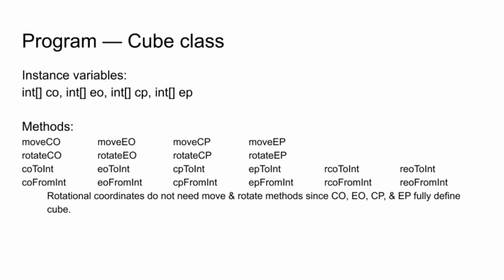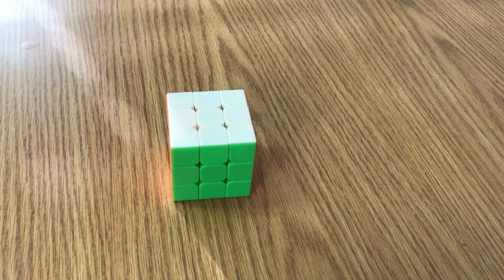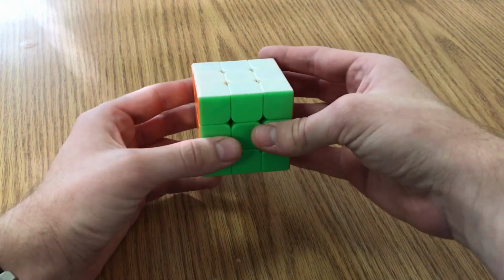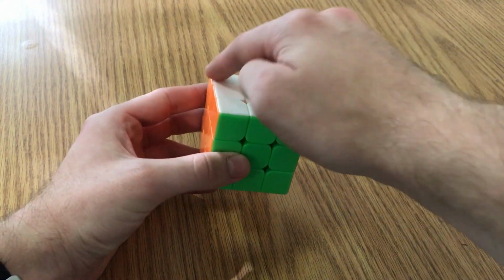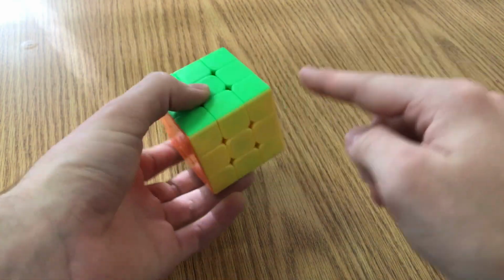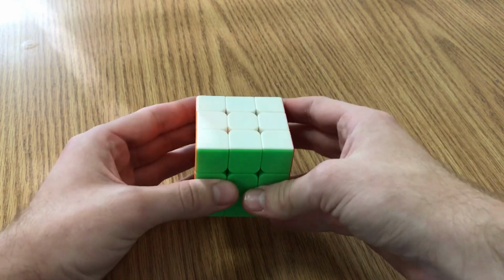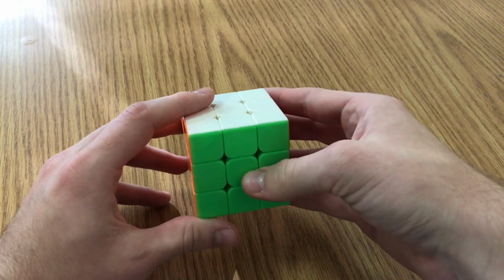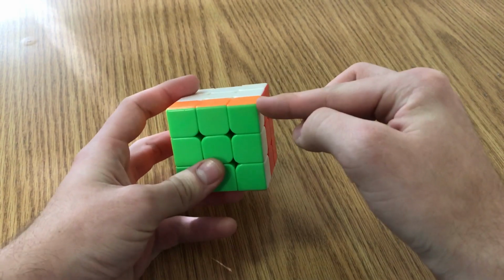To numerically define permutation, we can give each piece a number 0 to 7 for corners, 0 to 11 for edges, as well as each slot a number. Now permutation can be thought about as a list of numbers 0 to 7 or 0 to 11, with each number representing a piece, and the index of that number representing the slot. The ordering of the corner pieces is this: 0, 1, 2, 3, 4, 5, 6, 7. So, for example, if we perform an F move, we can say that the 4 corner is in the 0